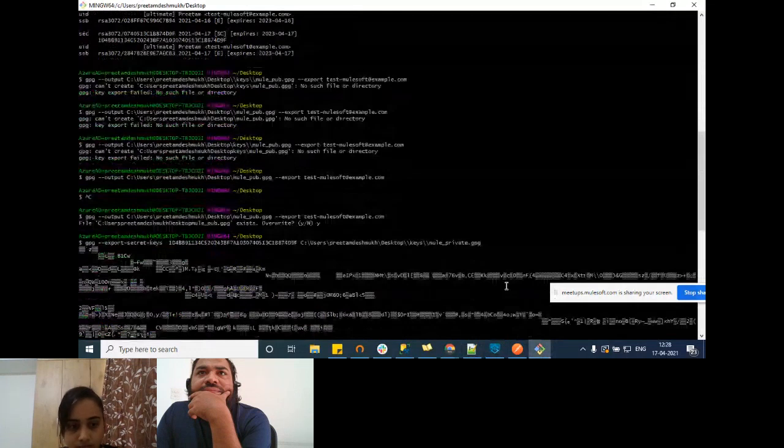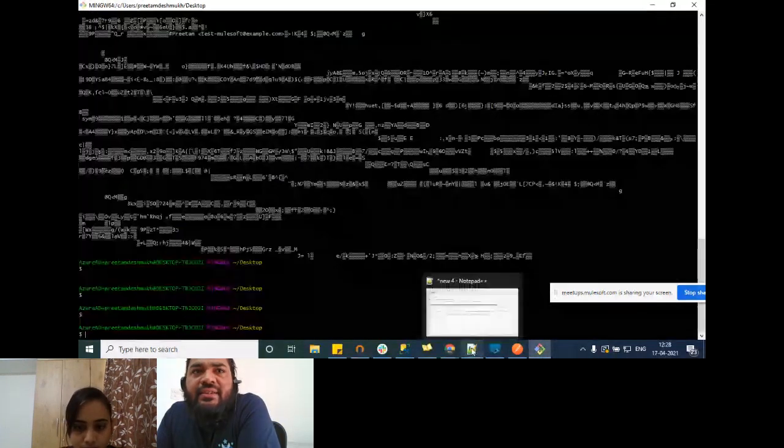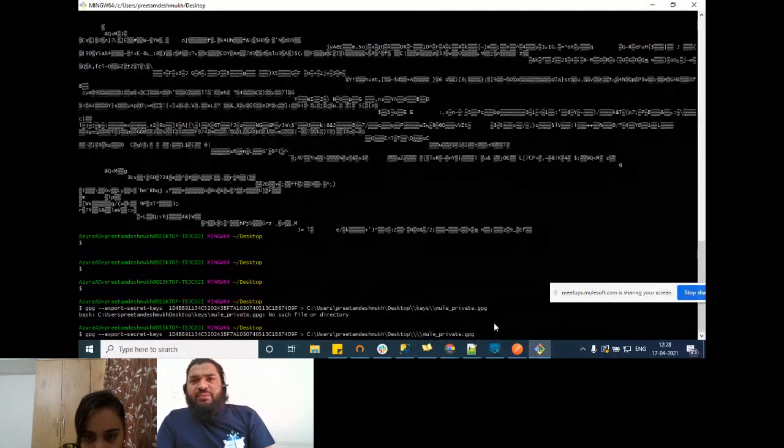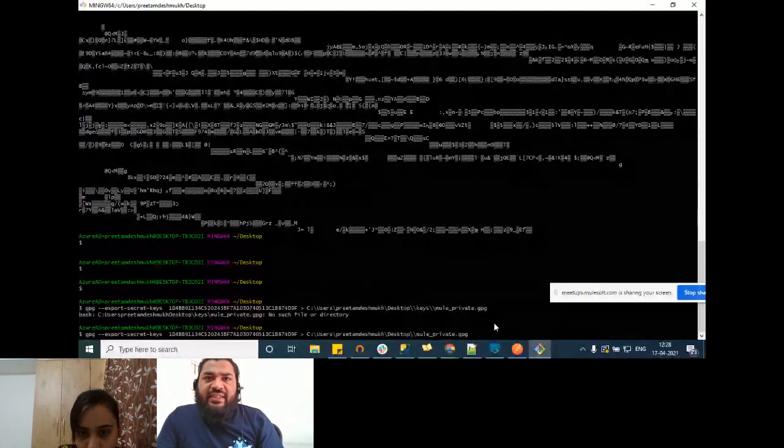It is in the key folder, correct? It should basically create it in the key folder. I'm not sure why it's not creating. Wait, let me remove this key folder. Is mule_private.png the correct file name? Yes, it's a correct file name.